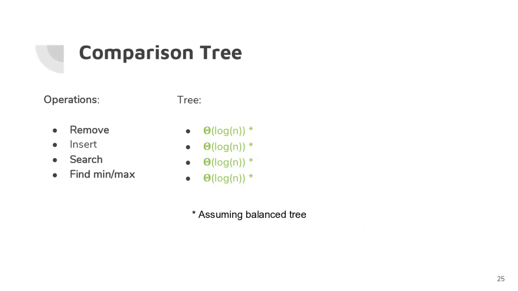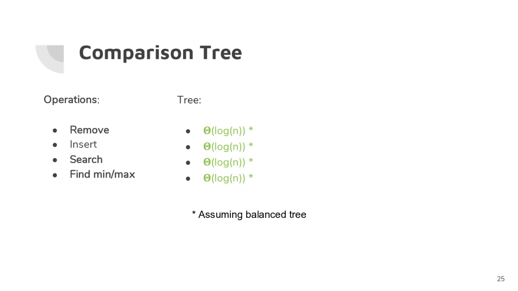So in conclusion, in a tree, if you want to remove any element, insert any element, search for an element, or find the minimum and the maximum, you can assume the average complexity is log n. Even if you have millions and billions of data points, log base 10 of a million is only 6, so you need only a handful of comparisons to remove, find or insert any element. This is assuming a balanced tree, because in the worst case, we can still have a complexity of